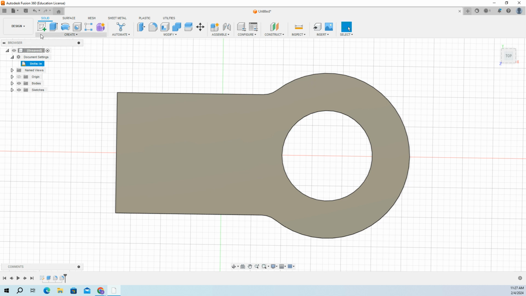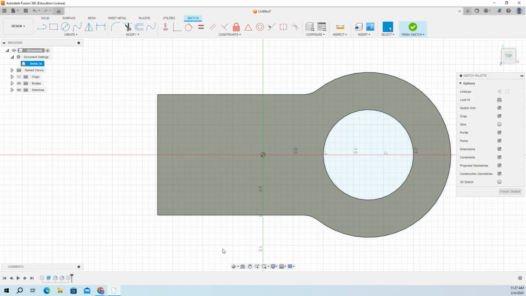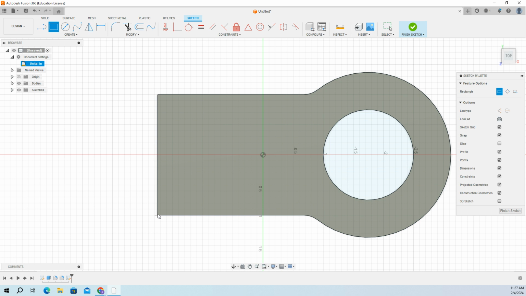So I'm going to sketch. I'm going to click this here. And now I'm going to hit S, right? And I need the dimensions for the size that I'm going to extrude and then how far. So these things are going to be a rectangle from this point. I'm going to do the two-point rectangle because I don't know where the middle is. So you switch it up as you need it. We said it was going to be 0.75, 0.75, which is 1.5, right? I'm going to tab, and then